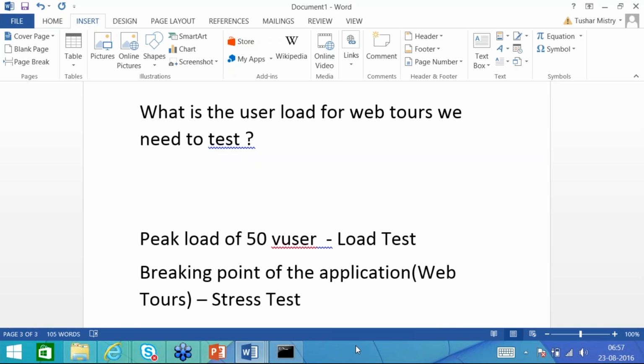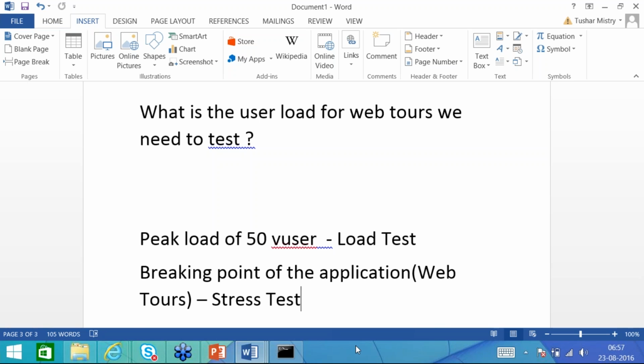So team, remember, whatever types of performance testing we have gone through, we will not be able to repeat for each and every project. We have to identify, depending on our requirement, what type of performance test we need to do.